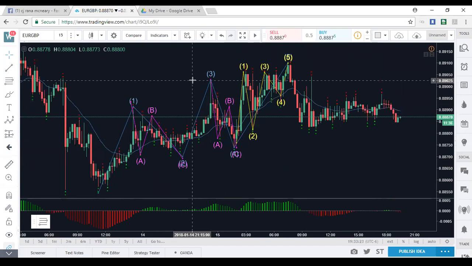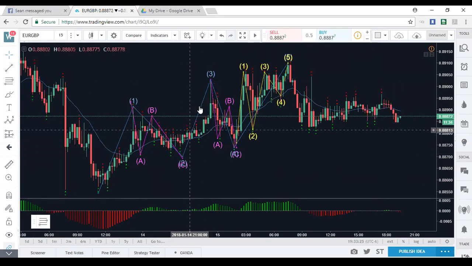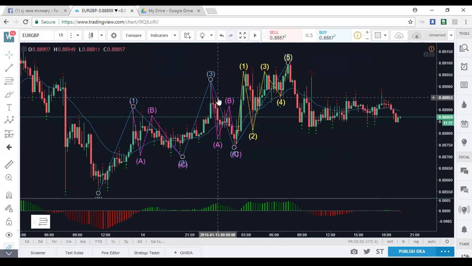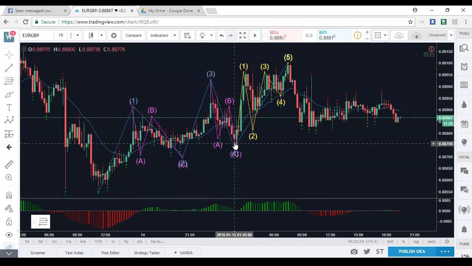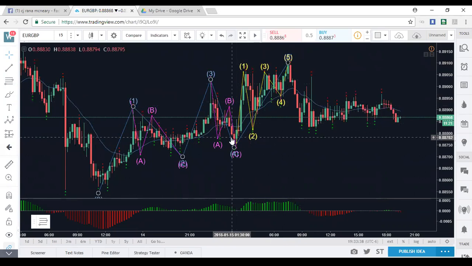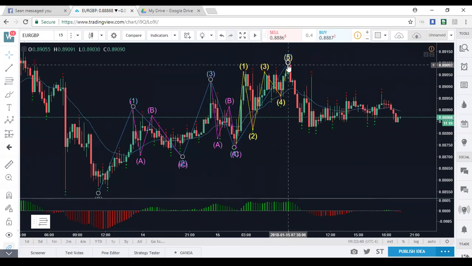Now, in the example, we said wave 3 was typically the strongest movement or the steepest or the most powerful. Here on the chart, this is the perfect example that shows you that's not necessarily 100% true all the time, because if you notice, after this retracement, look at this move right here. This wave 5 move is the extended wave.